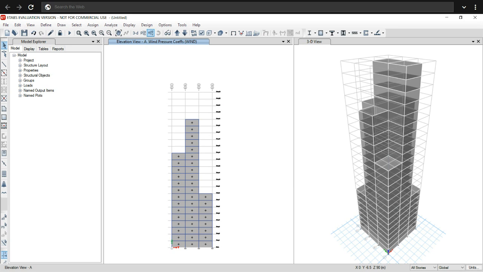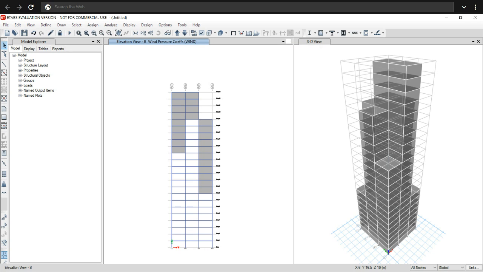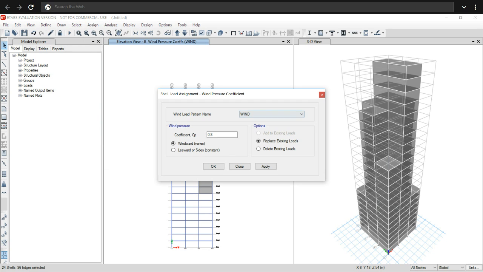Now also for section B, the procedure is the same. Select the shells, go to assign shell load, wind pressure coefficient, that is 0.8 in windward, then apply.